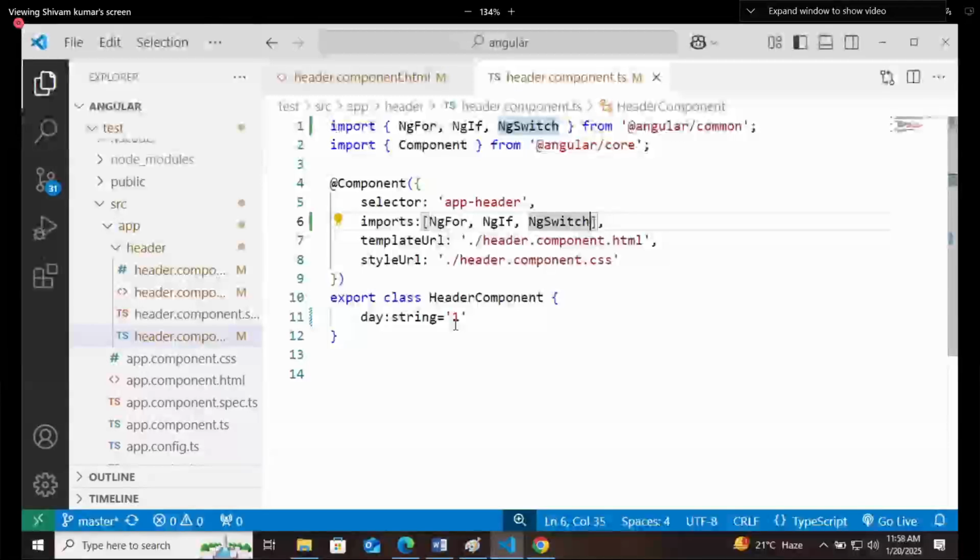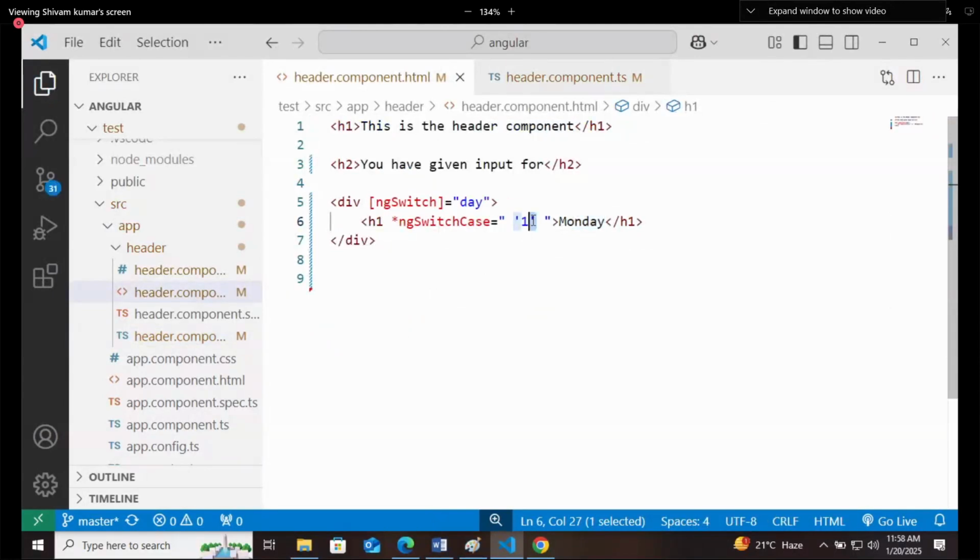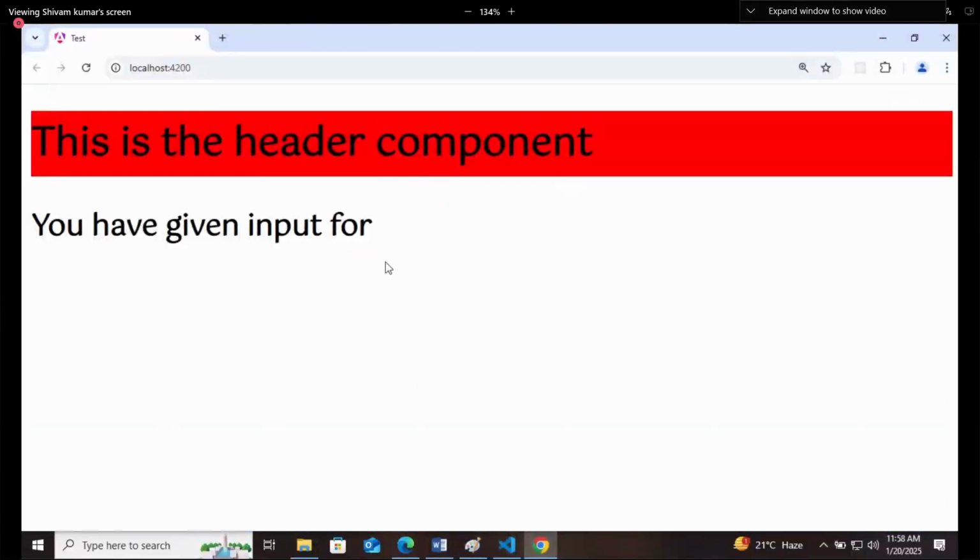If you are facing that, okay, you have given it a string, I will remove it. Now let's say day directly 1, and from there also I will remove this string. Now switch case 1 you are giving, and it should show Monday, but it will not show. And that is a bug nowadays in Angular, right? And it has been coming for a longer time actually.